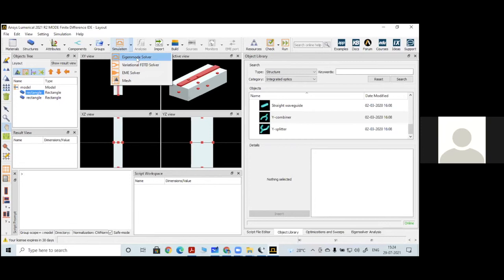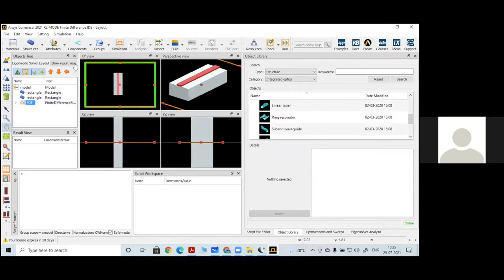Not only this, for any optical structure, if you are interested in finding the basic Maxwell equation solutions, like all 6 fields, I want Ex, Ey, Ez, and even Hx, Hy, Hz, and even the power density along X, along Y, along Z, then a basic, very simple solver is this eigenmode solver. So this solver I have to select now. If I click on this solver, it appears, and now we have to select the geometry where exactly I have to place it.